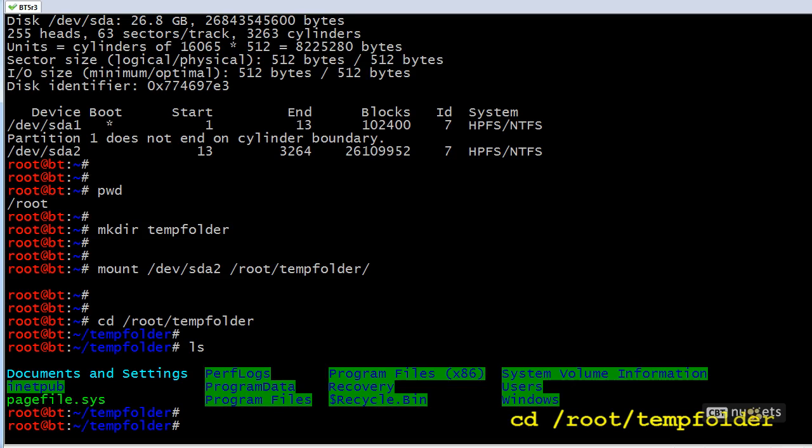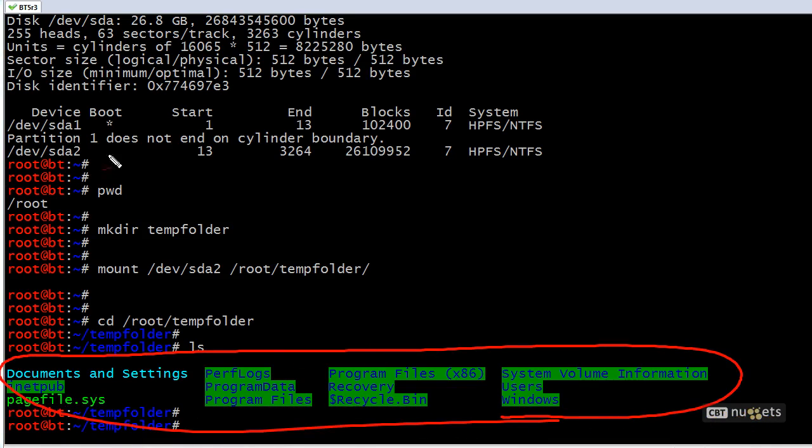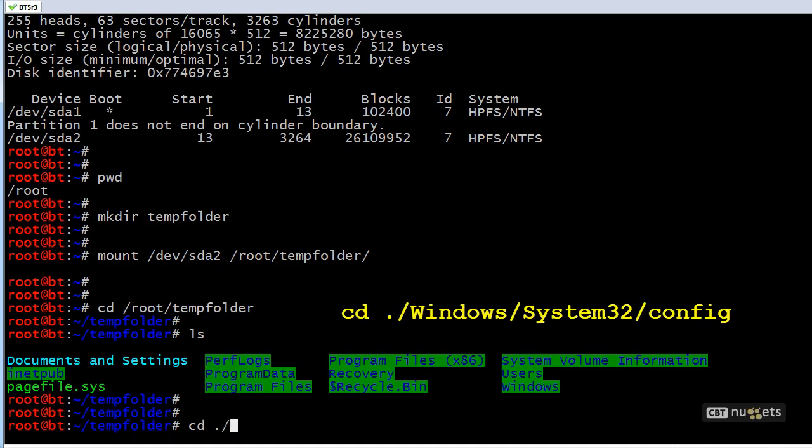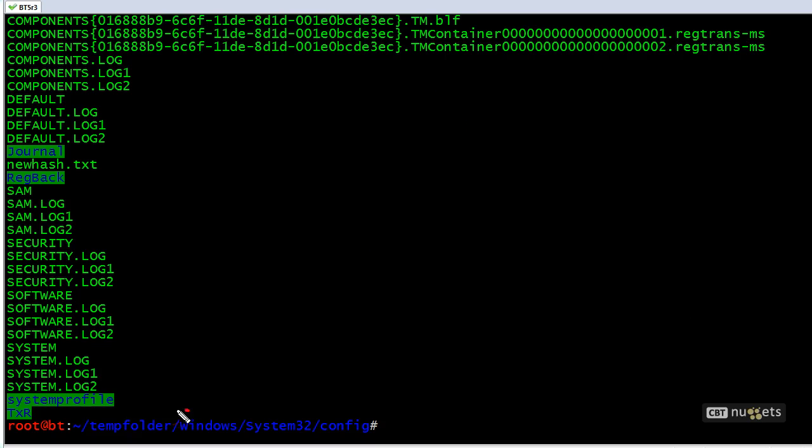Now what we're looking at right here, which is the really fun part, is the file system sitting on this partition of the host computer. Now, with a little assistance from your favorite search engine like Google or whatever you happen to use, I happen to do it on a Windows 2008 system. I want to go to the Windows System32 config folder. So let's go ahead and do a change directory to that folder and do an ls. And just as a reminder, this is the actual folder that we're in. So this is our mount point, and this is the Windows System32 config, and this is the contents of that